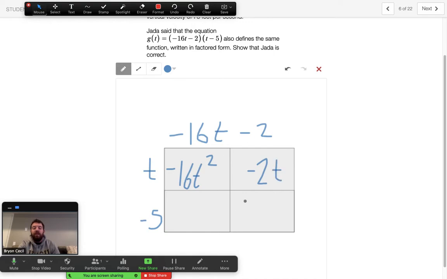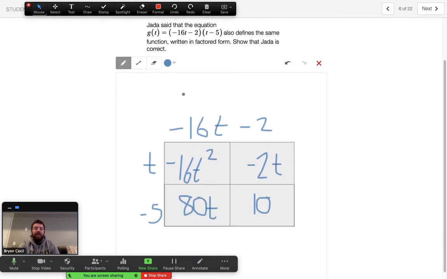Negative 2 times negative 5 is a positive 10. And then negative 16 times negative 5. So let's see. Negative 10 and negative 5 give me 50. A 6 and a 5 give me 30. And so we know this is going to be a positive 80t. Let's hope, right? And so now, guys, we see here that these two are my like terms, just